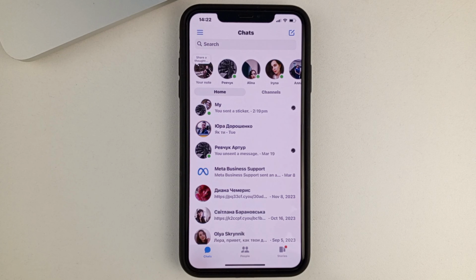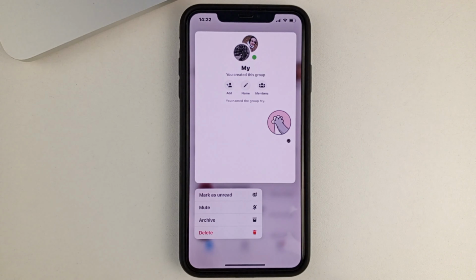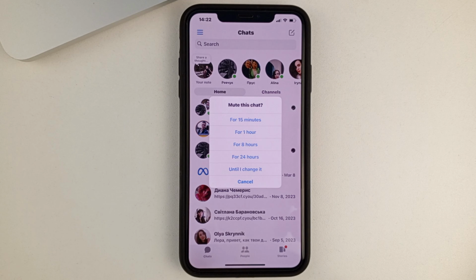And if you want to restrict group chat, unfortunately, there's only one way. You'll need to click on the group chat and hold your finger down. It goes like this, until you get a menu box like this. Next, the only thing you can do is press mute. Essentially, you're just turning off notifications that any messages are coming into this group chat. This is the only way to limit group chat in Messenger.